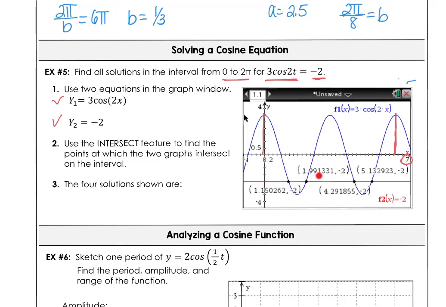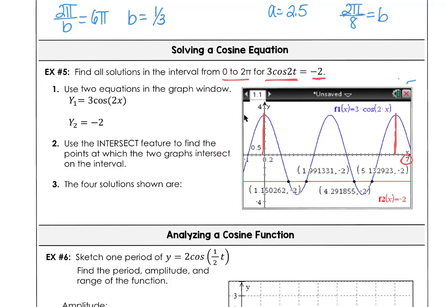And this is the cosine of 2t with the amplitude of 3. So in order to be able to find where the solutions are, where they intersect, what I would want to do is I want to use the intersect feature. I'd have to do it 4 times to find the points where the two graphs intersect on the interval between